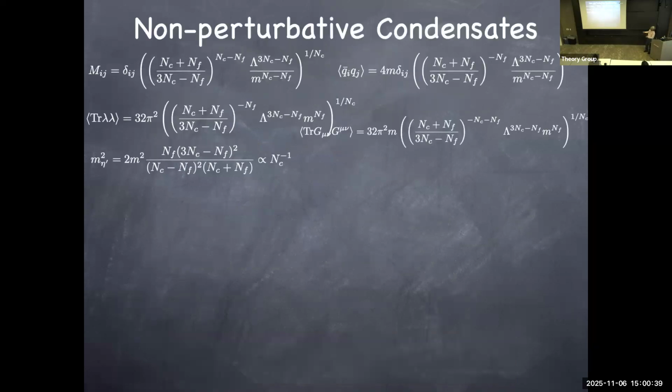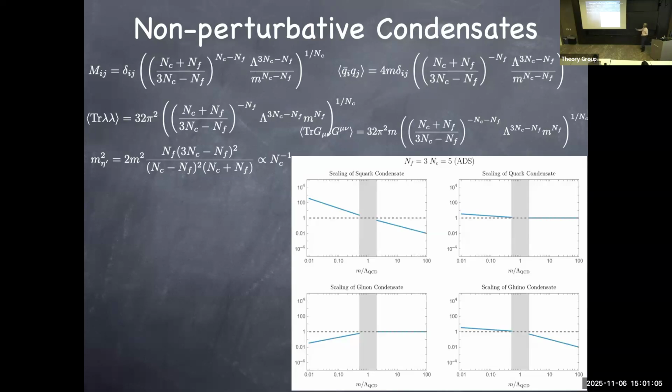And I already argued that not only can you compute this condensate of squark fields, you can also compute the condensate of quark fields too, which is non-perturbative, but again, you can work it out. And you can also compute the condensate of gauginos, but also the condensate of the gauge bosons, the glue condensate, all as a function of M and NF. And you can show that small NF and M behavior are some kind of power laws.